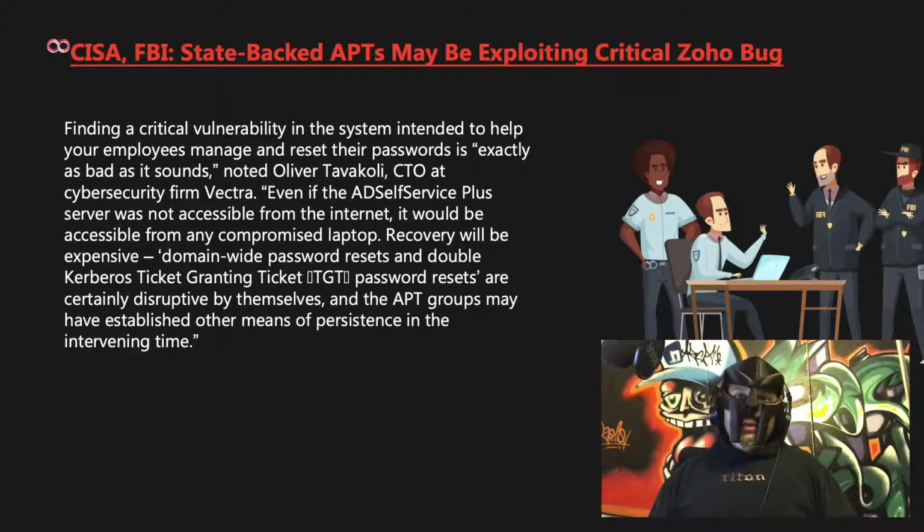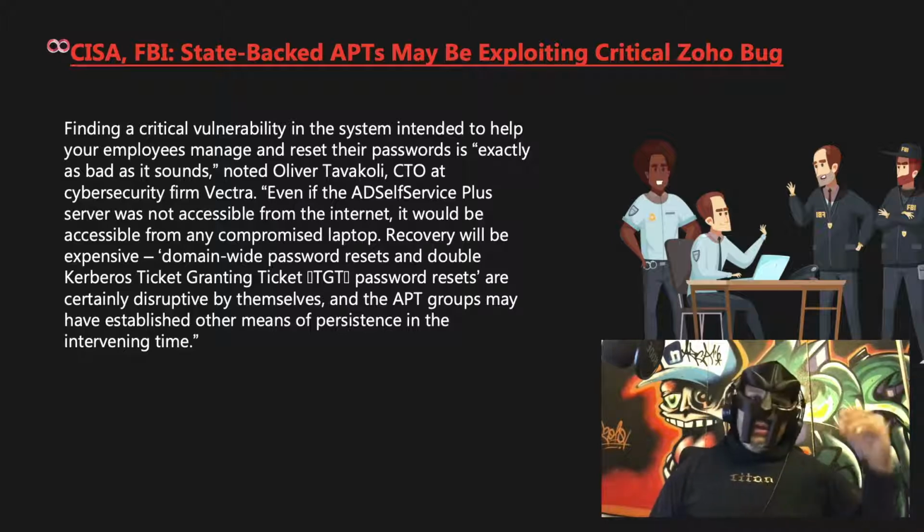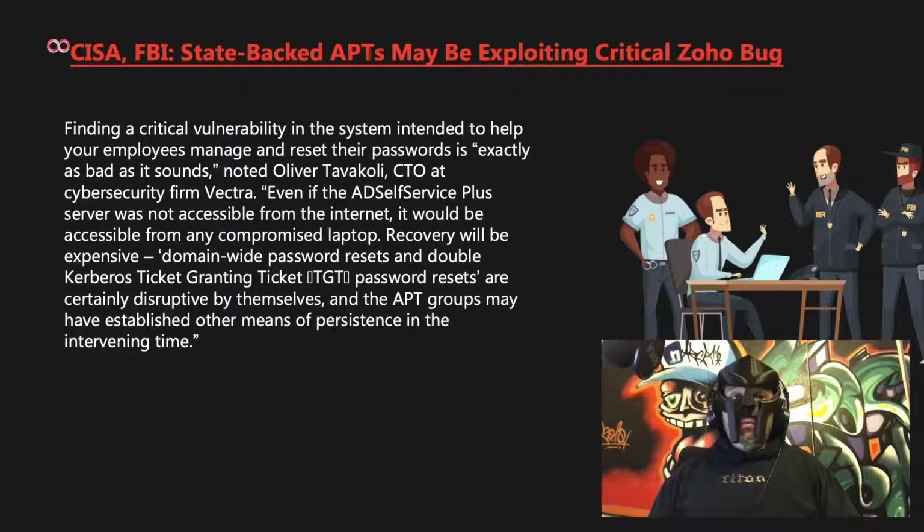Finding a critical vulnerability in the system intended to help your employees manage and reset their passwords is exactly as bad as it sounds, noted Oliver Tavakoli, CTO at cybersecurity firm Vectra. Even if the ADSelfService Plus server was not accessible from the internet, it would be accessible from any compromised laptop. Recovery will be expensive. Domain-wide password resets and double Kerberos ticket-granting password resets are certainly disruptive by themselves, and the